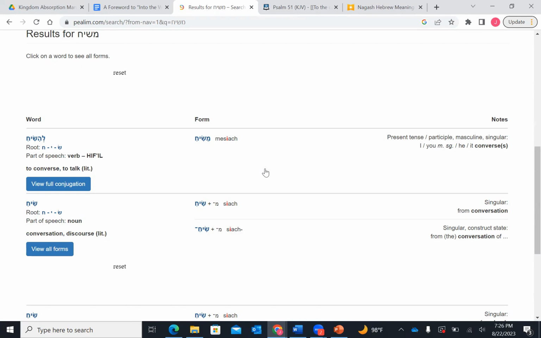No, you're absolutely right. And you best believe that anybody that has a problem with anybody else calling Ben Ami a Messiah, the only reason they have a problem with it is because they are not yet prepared to let Jesus go. They're holding on to this idea of Jesus. Because all Messiah means is what? To converse or a messenger. Anybody with a message. If I come by your house and say, "Hey, your house is on fire, you better get out of there," and you listen to me and you get out of there, I just saved your life. I am your Messiah.